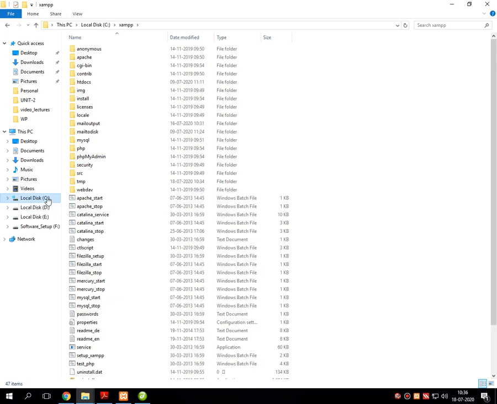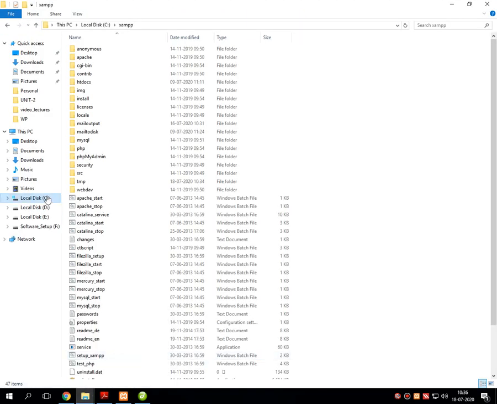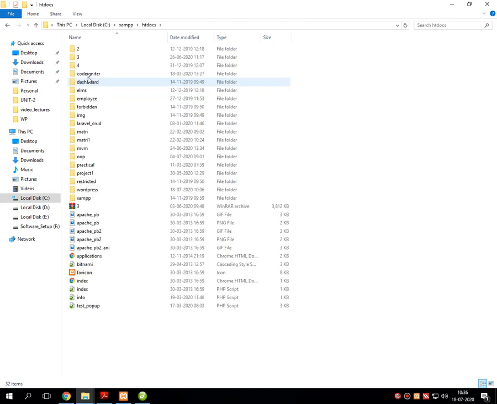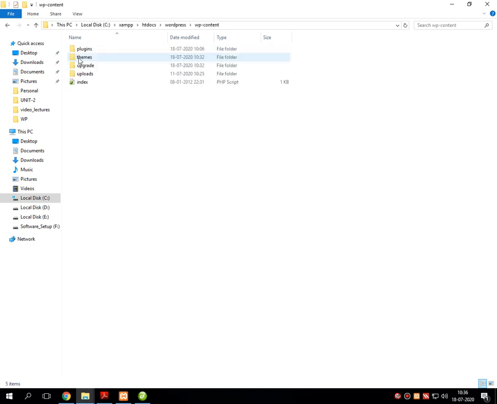Now one more thing I would like to clear over here. Once the theme is downloaded and suppose we get some type of exception which cannot be removed, then you can also handle it by selecting C drive, XAMPP, htdocs, then WordPress. In this folder, select WP content.